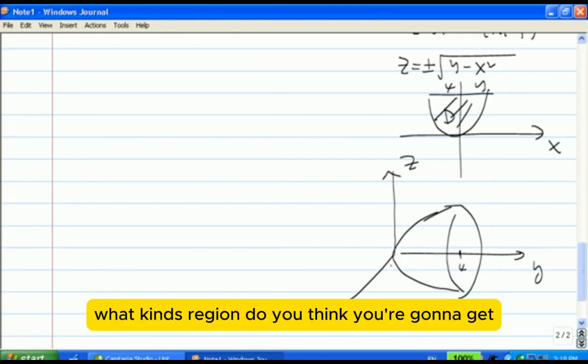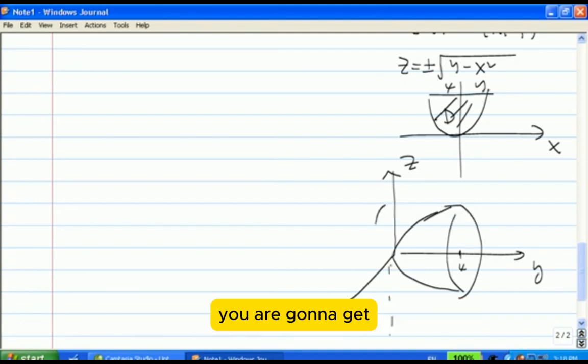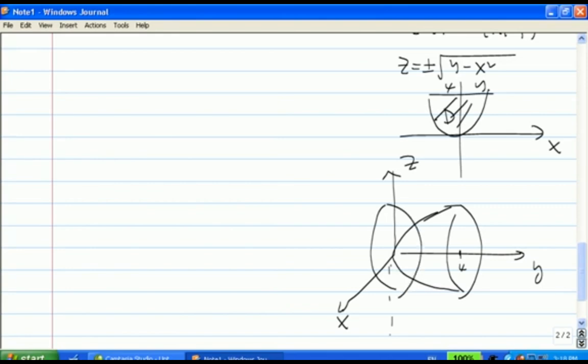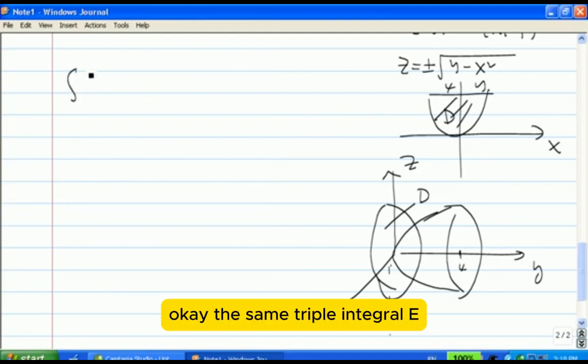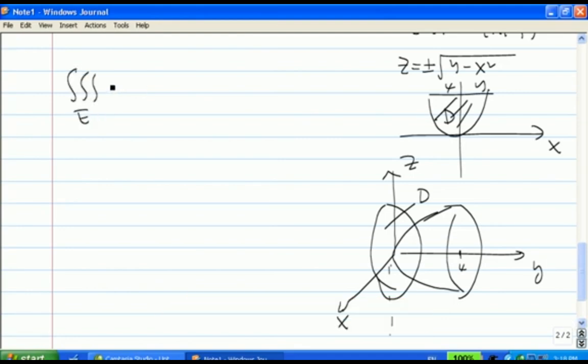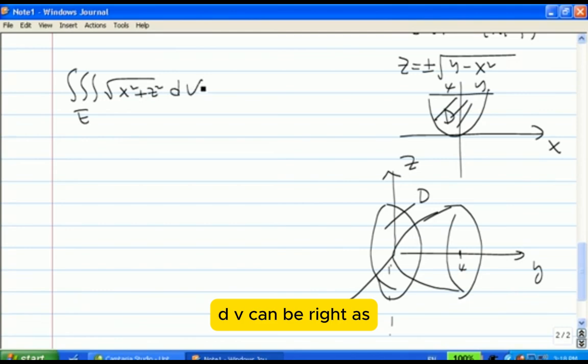what kind of region do you think you are going to get? Try to imagine that, which is not hard to find. You are going to get a circle, right? On the xz plane. We call this circular region D there. Okay, the same triple integral over E. What is the function? Square root of x squared plus z squared. dV can be written as an integral over D, then